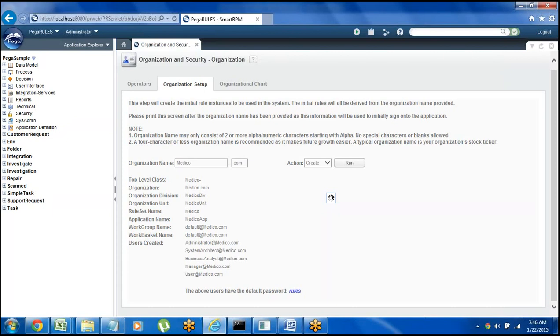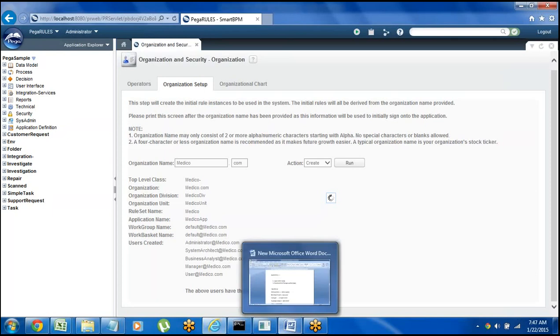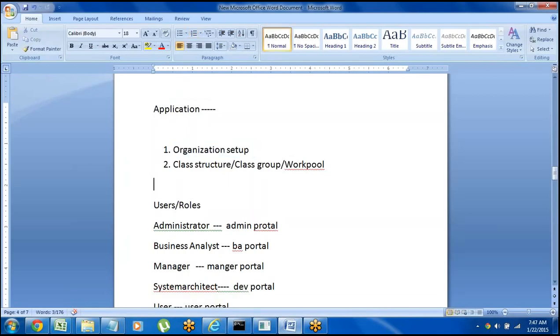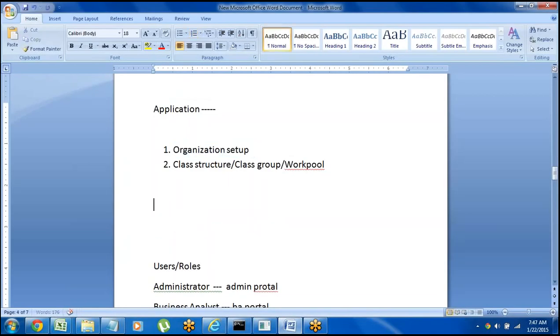If we do not create the setup, we cannot go to the class structure page. Once the setup is created, only then can we create the class structure. So this is the basic thing. Organization setup is the basic thing, but there is one more way. We can create this organization setup in two ways. One way is manually creating: whatever we have created, we manually added the setup name and created it.